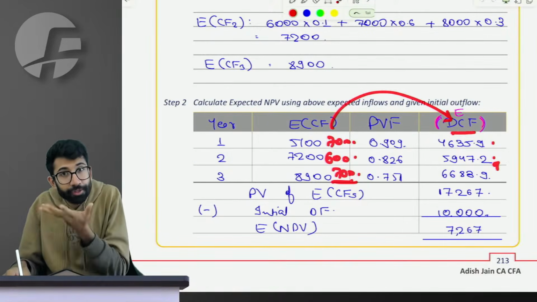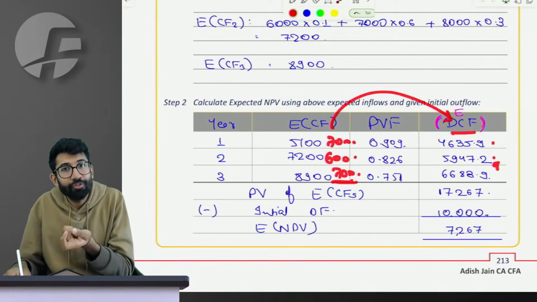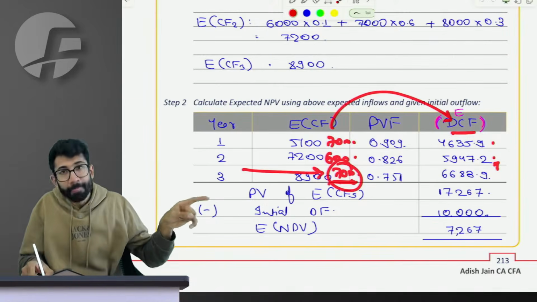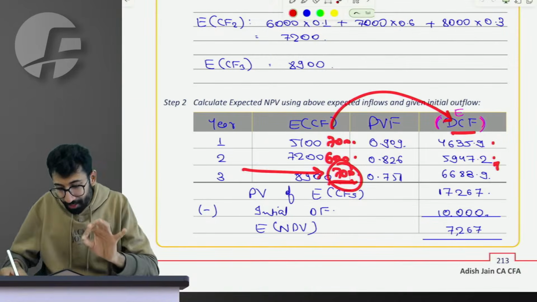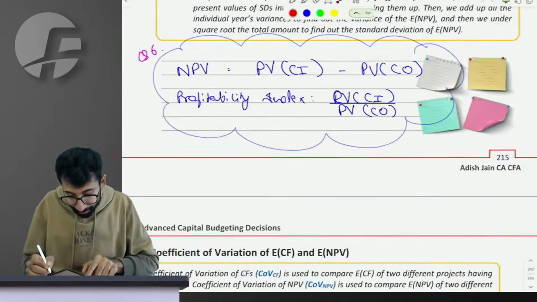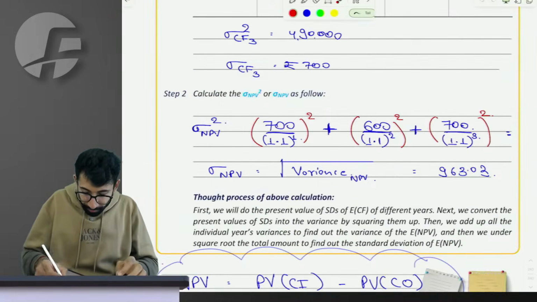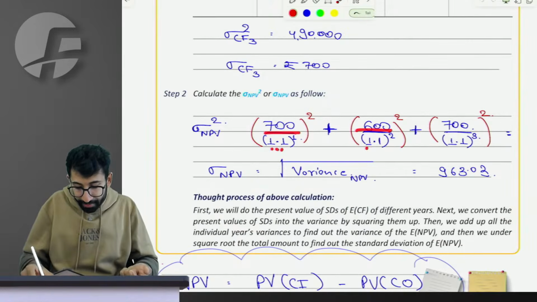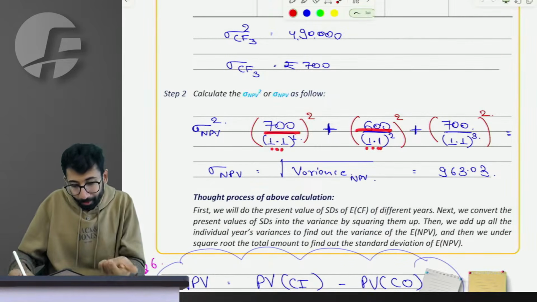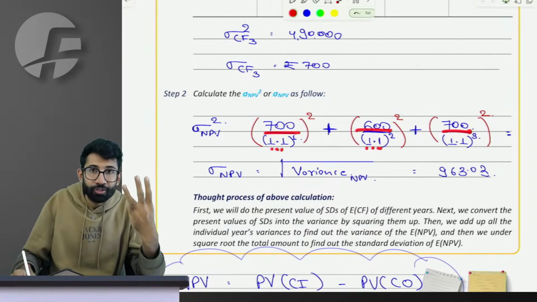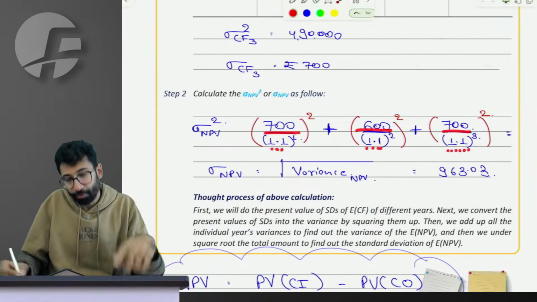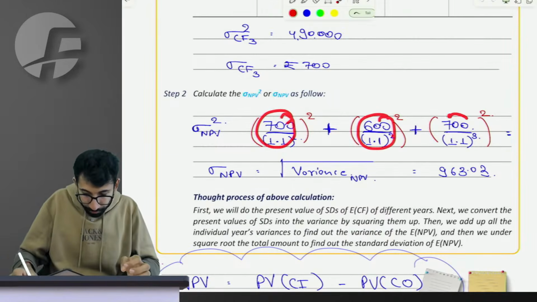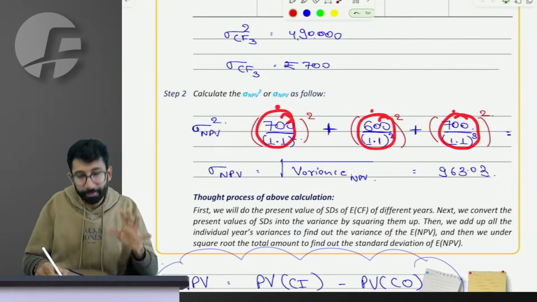In today's terms, for the sake of NPV, the deviation will be the present value of that 700 rupee deviation of year 3. Do you connect to it? So the first thing we're going to do is calculate the present value of deviation. First year is divided by 1.1 to the power 1. Second is divided by 1.1, the discounting rate, to the power 2. Third cash flow's deviation will be discounted for 3 years, 1.1 to the power 3. So these are now the present values of deviation which are going to affect my NPV.